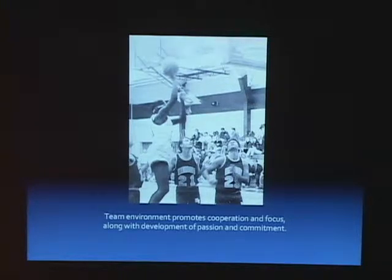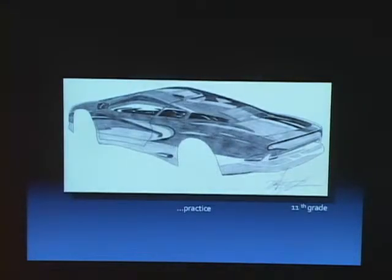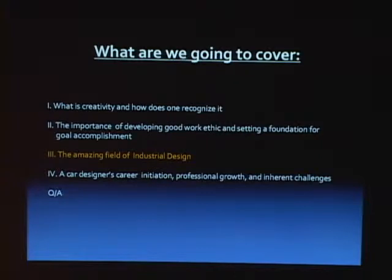But being in a team environment really helps a youngster learn how to socialize and get along with upper-level management and with his peers. And these were very invaluable days to me, playing in high school. And yet I was still practicing, only in black and white, because that's all I knew. So at that point, I'm untrained. I can draw what I see. I don't know anything about